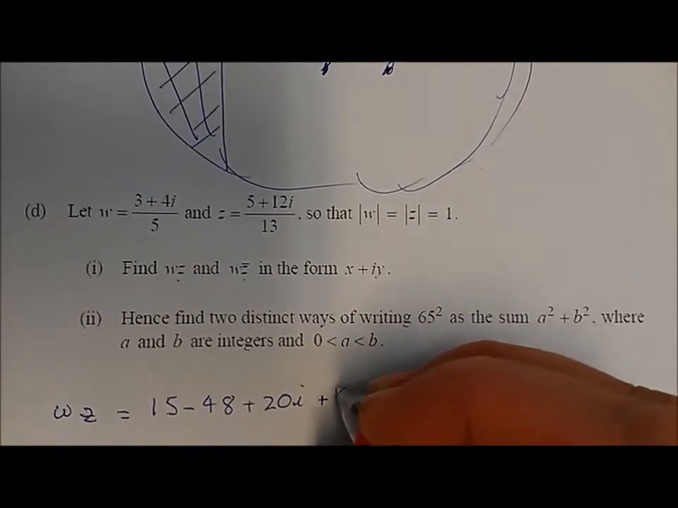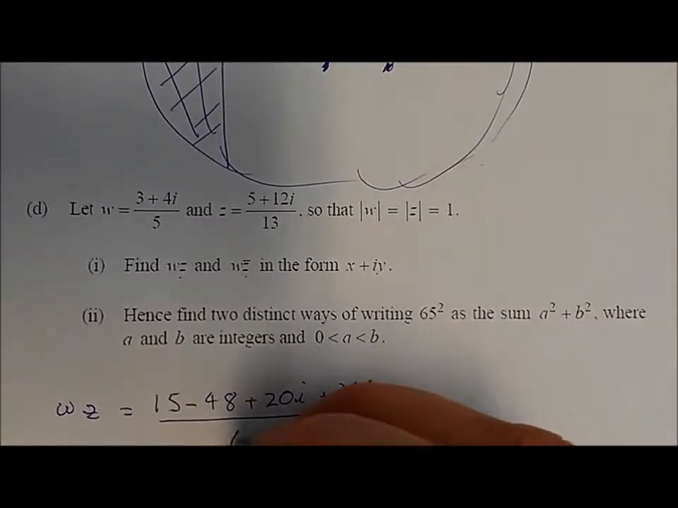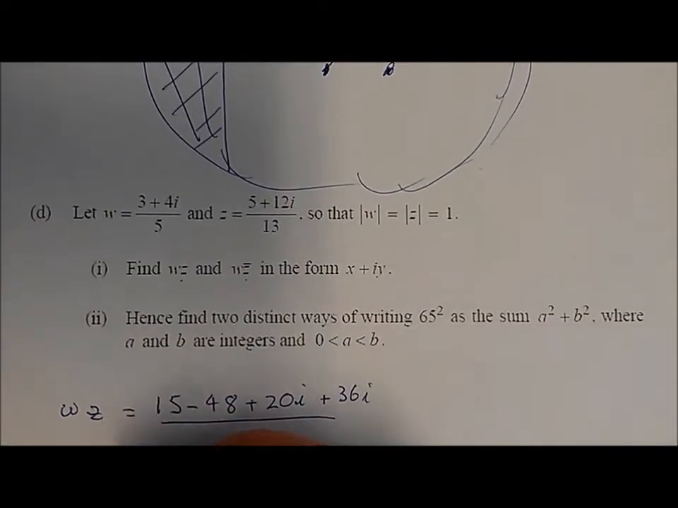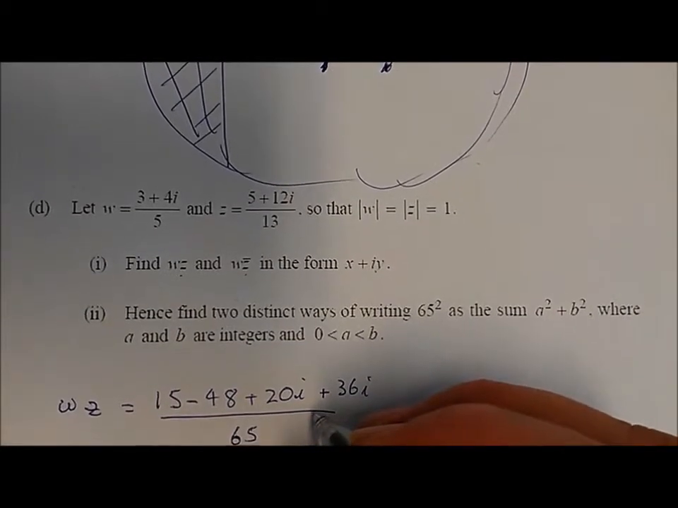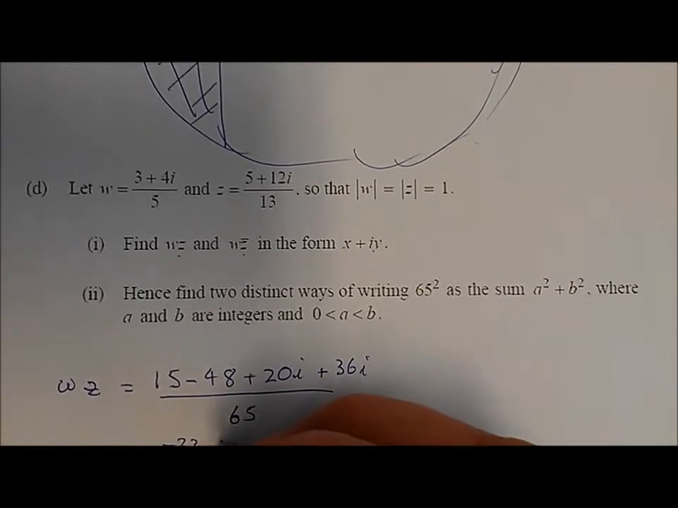plus 36i, and 5 times 13 is 65. And so if you work that out, you're going to end up with negative 33 plus 56i